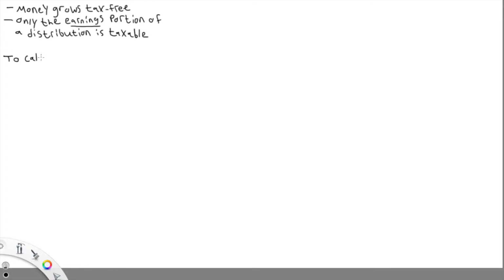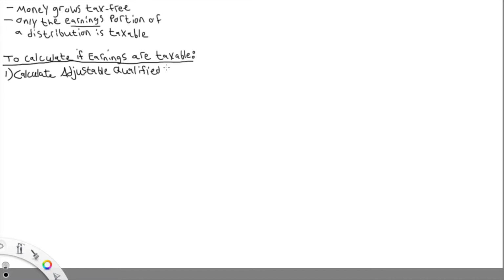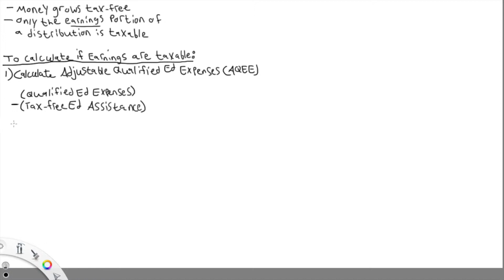Money in 529 accounts grows and can be distributed tax-free, but if distributions are taxable, only the earnings portion can be taxed. To determine how much of your earnings will be taxed, you must calculate the adjusted qualified education expense, also known as AQEE. It equals total qualified education expenses minus tax-free educational assistance minus qualified expenses covered by education